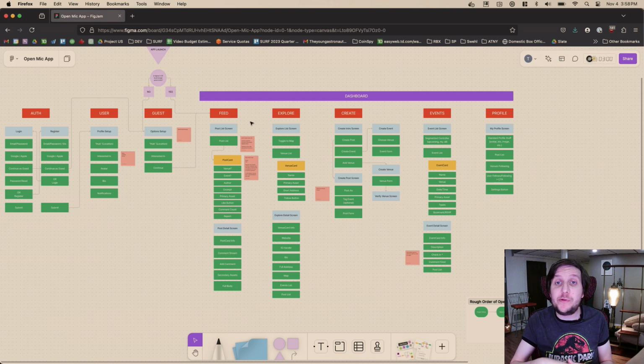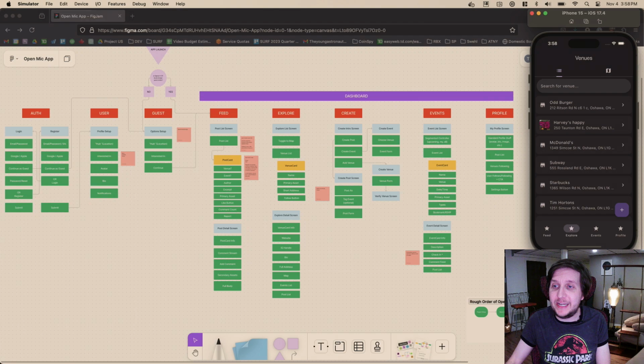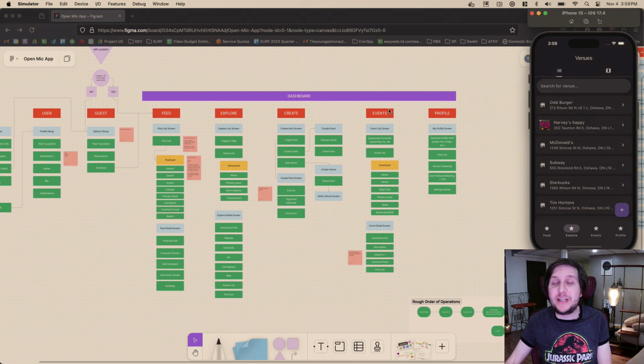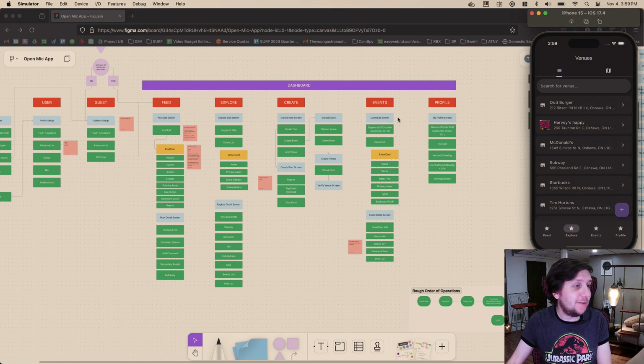Create is for you to create a new event, or even create a venue, or create a post in the social thing. We don't have that button yet, but it's going to be that big middle button like every app has. We have a floating action button in various places, but the idea is we're going to have one that allows you to create multiple things. We'll see. Then we have events. So say you're not so much caring about the location itself, but you just want to see what's happening on Thursday. This is what we can do to help our users find that.